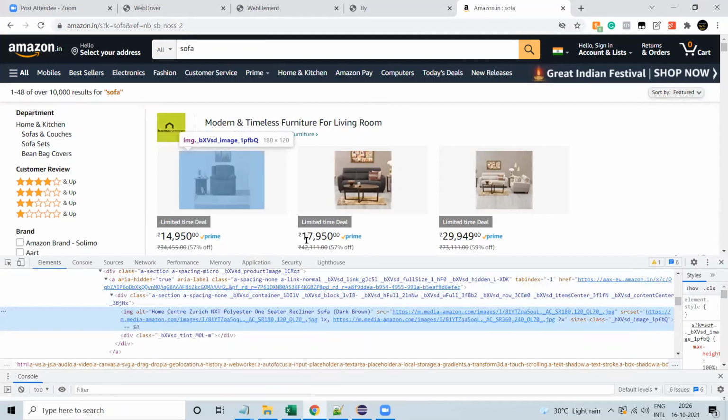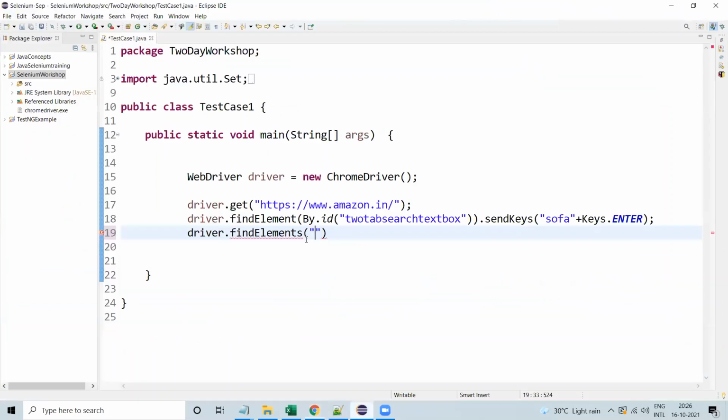So driver.findElements By.tagName, then we need to add image. I want to store these elements in a particular variable, so I can add image equal to.